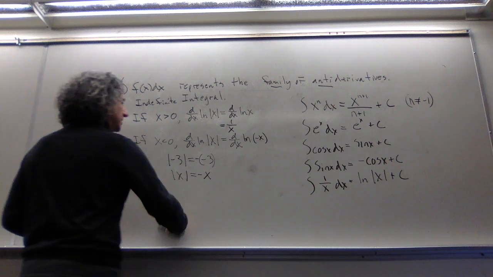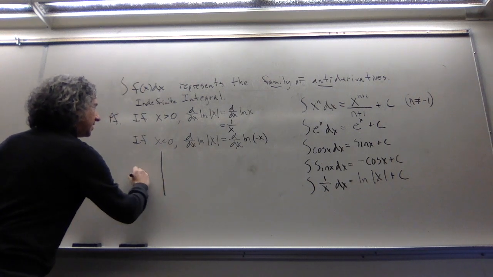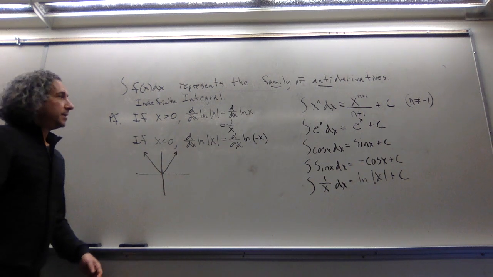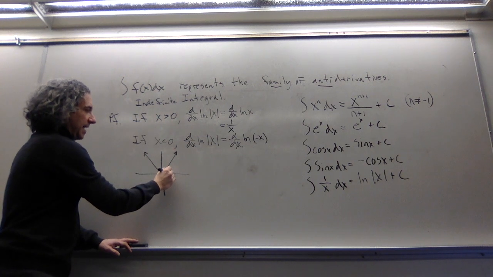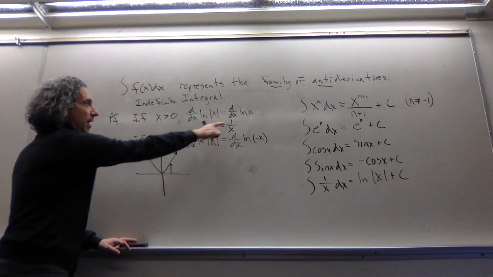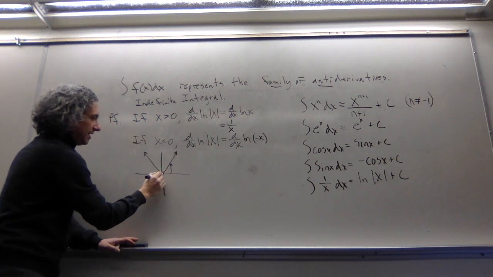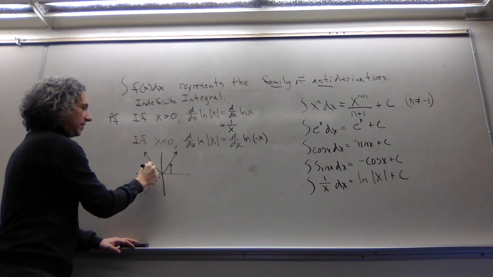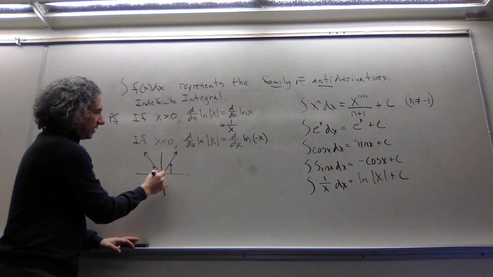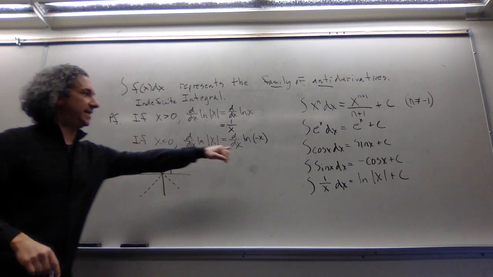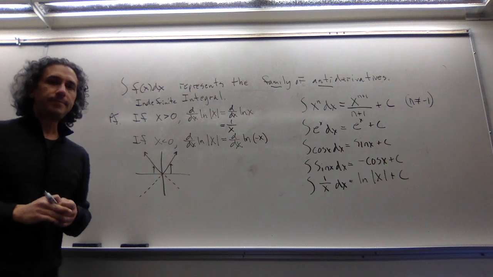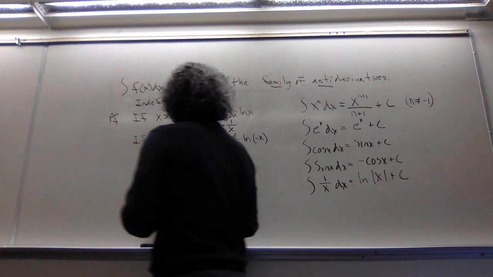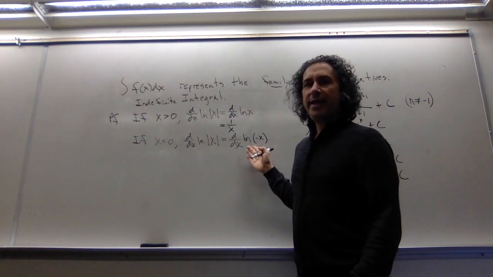If you're a more visual person, let's just study the absolute value of x for a second. So if x is bigger than 0, we're on this side, and we spit out the line y equals x. The absolute value of x is exactly equal to the line y equals x. If x is less than 0, the absolute value of x spits this guy out. Well, what is this guy? This guy is y equals -x. So that's how you can see that visually. So at this point, I invite you to stop the video for a second and finish off the proof. Hint, use the chain rule.